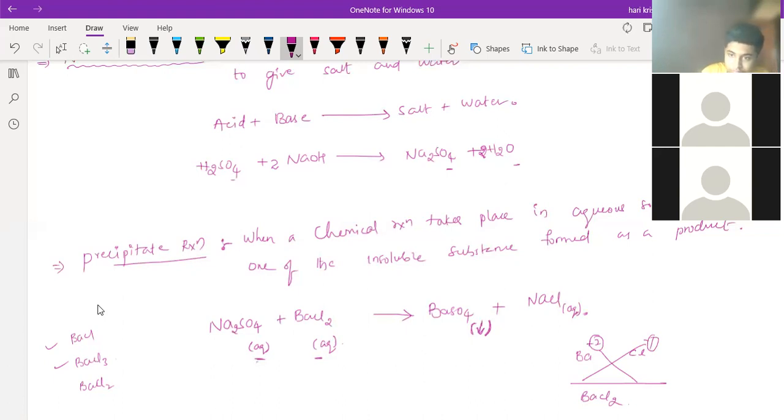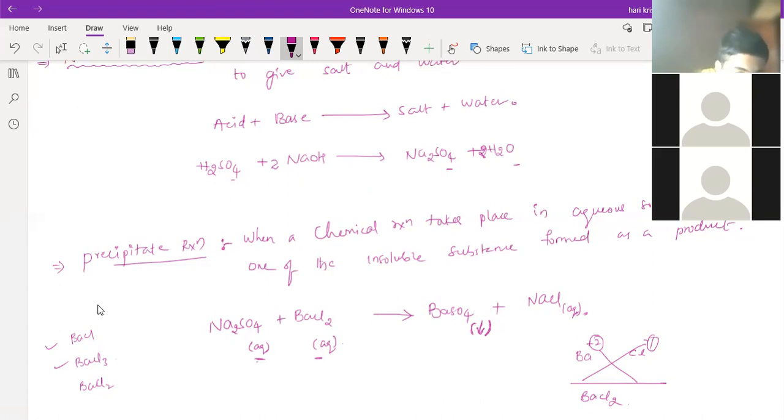Yes, sir. So this is all about the different types of chemical reactions. Any doubts? One more reaction. In my 7th grade book, it's called the redox reaction. What is the redox reaction? A redox reaction means a chemical reaction in which both oxidation and reduction take place simultaneously. I will explain what oxidation and reduction are after this balancing concept.